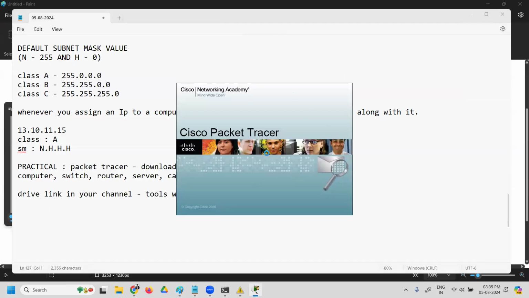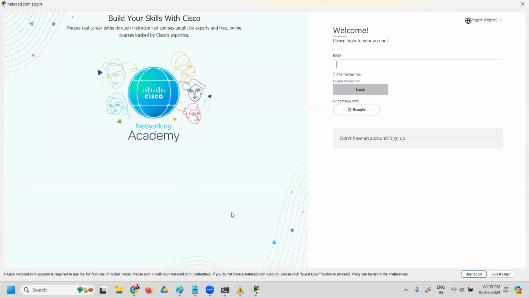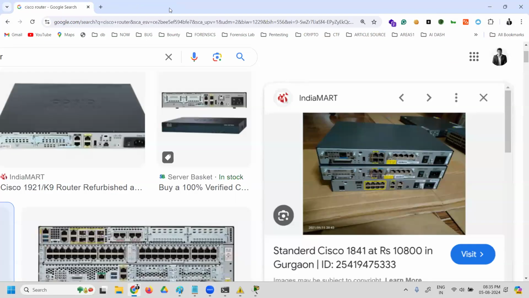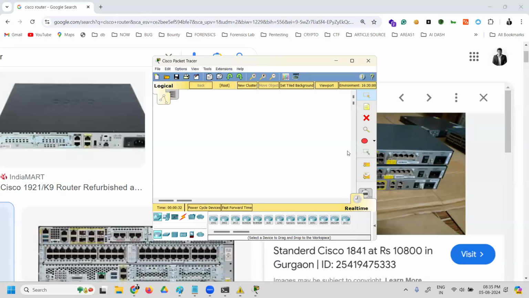When you open Packet Tracer, you will get a white screen, something like this. You are going to install version 7. You'll get a screen asking you to log in, but you don't have to do that. In the right bottom, you can see there are two options, user login and guest login. Just click on guest login. It will open the default website. Just close that and ignore it. It is going to run a timer for 15 seconds. 3, 2, 1. And then it is going to show confirm guest. Click on confirm guest and Packet Tracer will open.